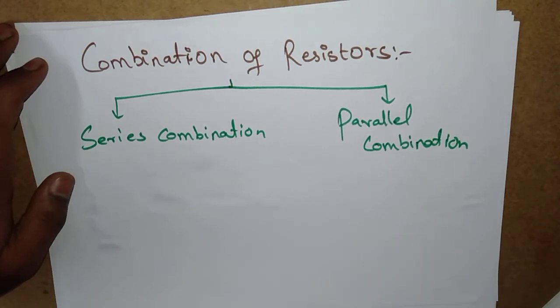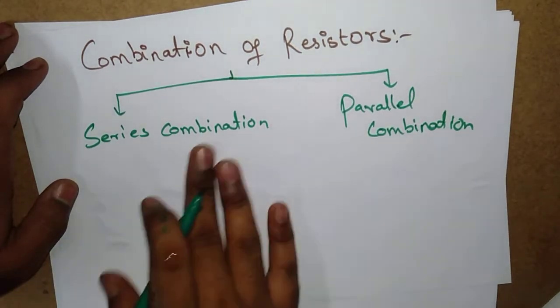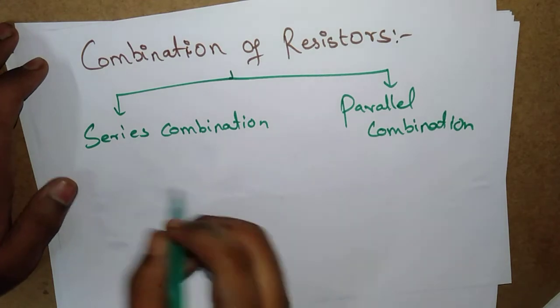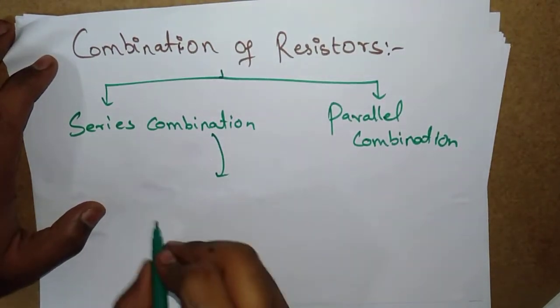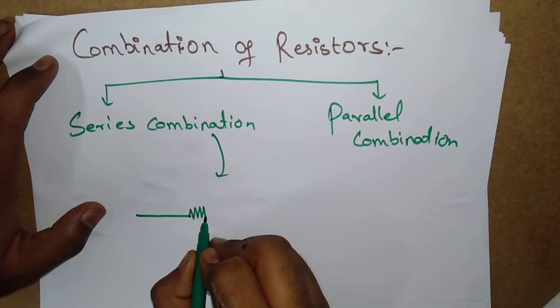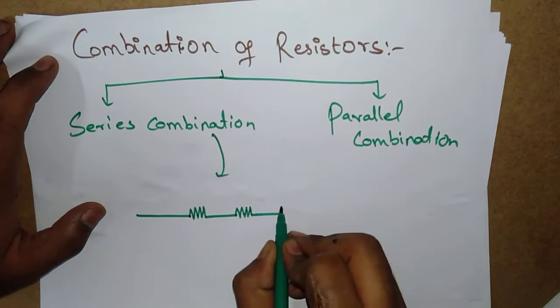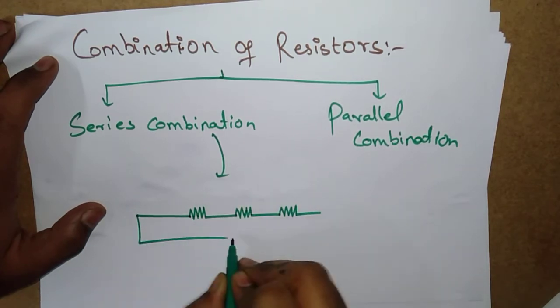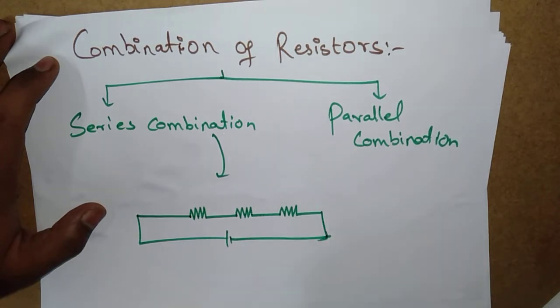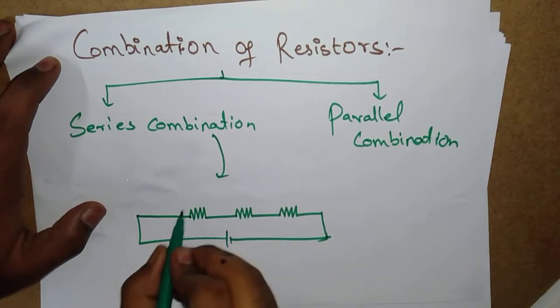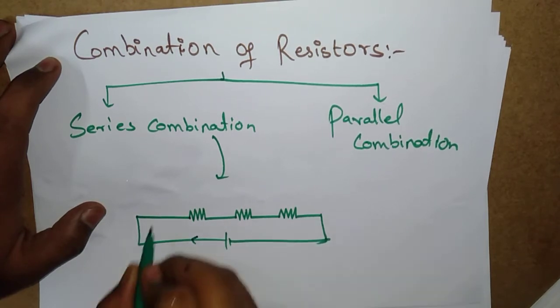Okay, what does series combination mean? For example, here I am considering resistors like this. I am arranging resistors like this. The series combination of resistors means that different resistors are joined together such that there is only one path for the flow of electric current. I have arranged these resistors in such a way that there is only one path